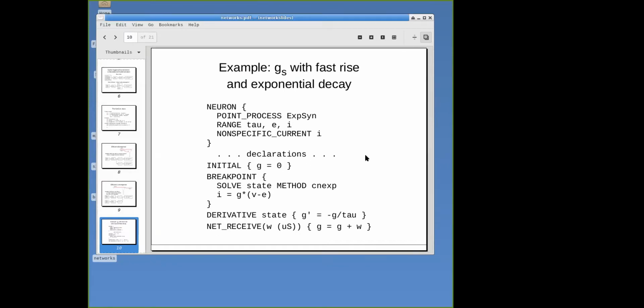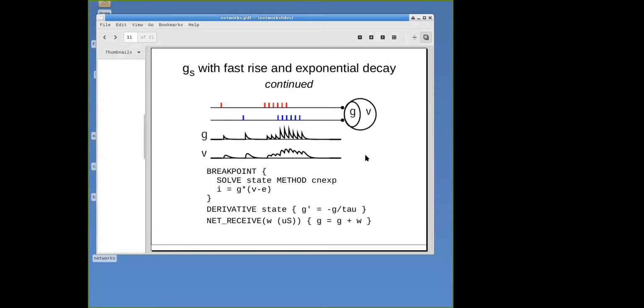Let's go back to this. So here's an example of our XPSYN at work, being actually used. We have up here a cartoon of a single compartment model cell whose membrane potential we're going to be monitoring and looking at. And we have attached to it a single instance of our XPSYN class. So there's our synaptic mechanism attached to our model cell. And I'm driving this with two converging afferent streams,